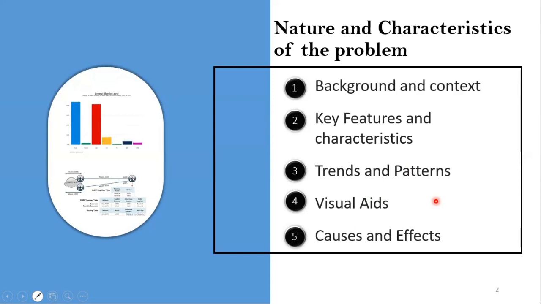So these 5 points form the major overview or the requirements of the nature and characteristics of the problem section. Very simple. So let's take a look at NKay's report and let's try to relate what we learned to that. So from NKay's report, what we would say is that when you take a critical look at